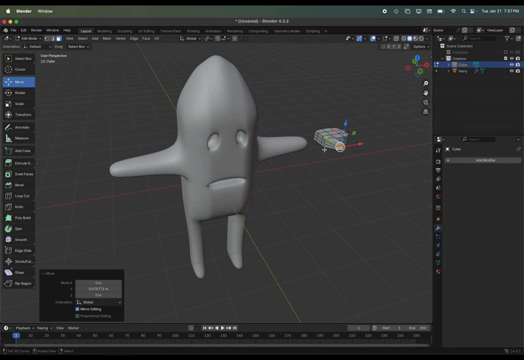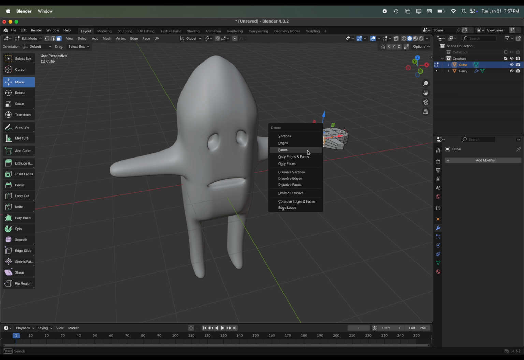Now, the hand is going to get joined to the arm, but I need it actually to be hollow to be able to join it correctly. So I'm going to select all of these faces that are in the wrist area where the hand is going to join. I'm just going to select all of those. Shift right click to select multiple. X, and I'm deleting the faces.